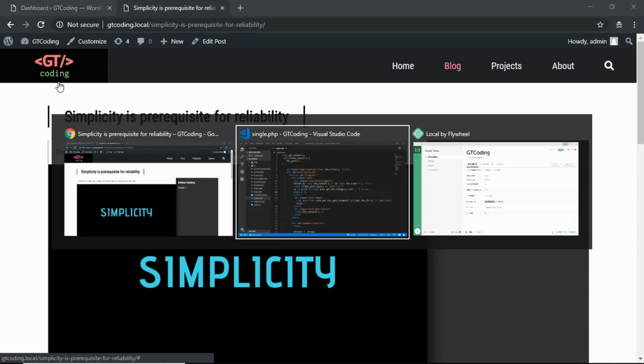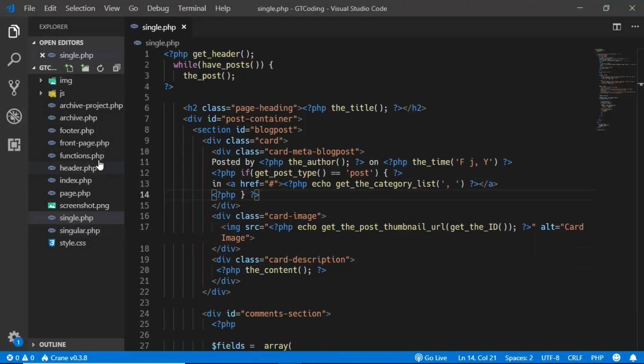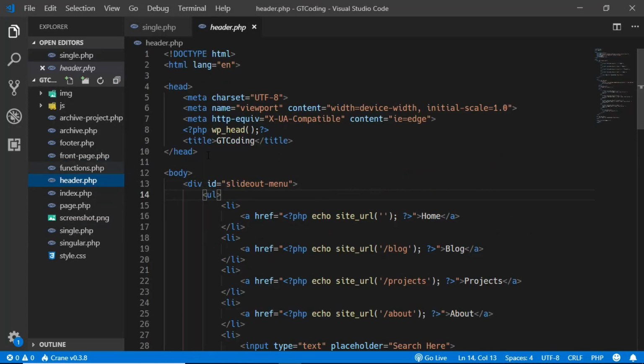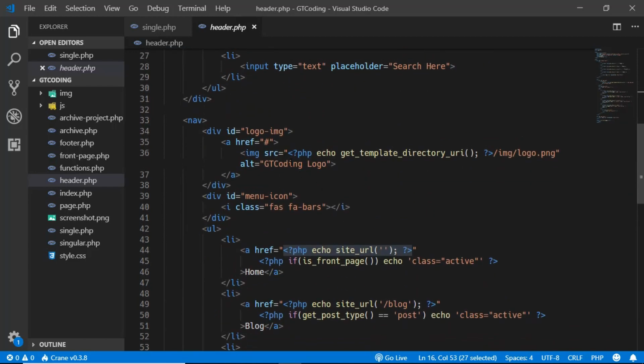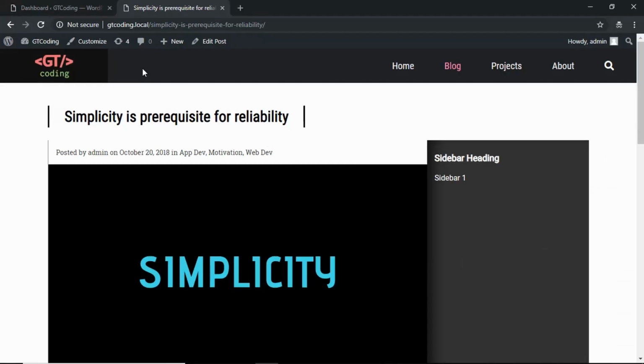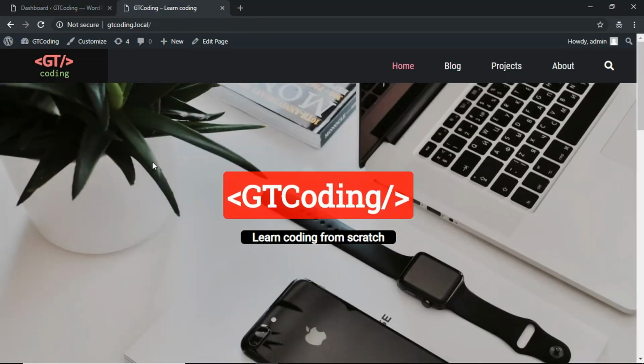So we'll go to the header.php file, and we'll just copy this segment of code, and I will paste it over here. Okay, now if we refresh our page, and now if we click on the logo, we get redirected to the front page. And now the last thing we need to do is